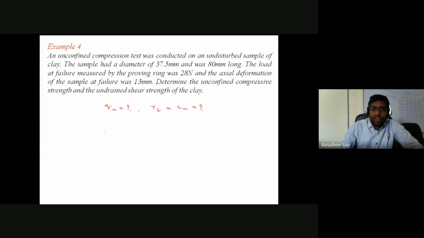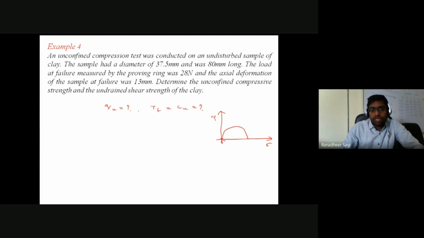Okay. So why do we say the deviatoric stress at failure itself is what we call your unconfined compressive strength? If I go back to my UC test, on the horizontal axis I am indicating sigma. On the vertical axis I am indicating tau. So in the case of the UC test, sigma 3 value is 0. It means that the Mohr circle will start passing through the origin.